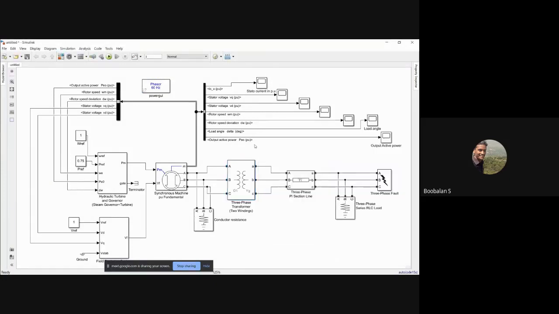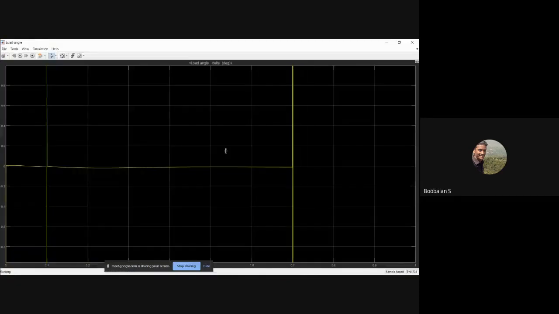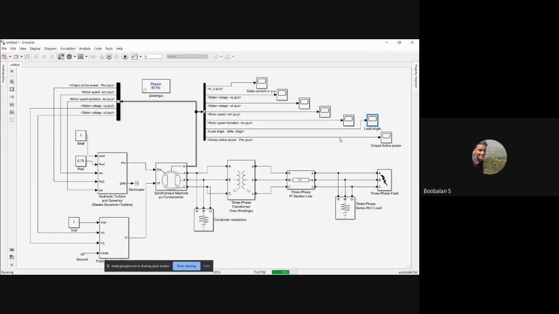Maybe star mode. Yeah, 0.1 and 0.2 seconds. Yeah, we need to wait actually. So it needs to run to about 0.7.